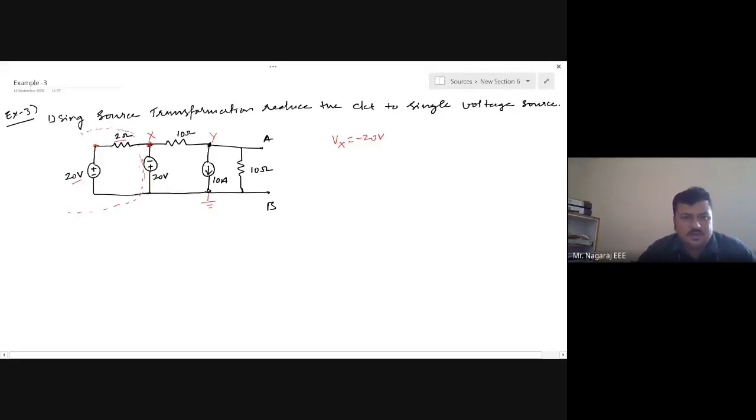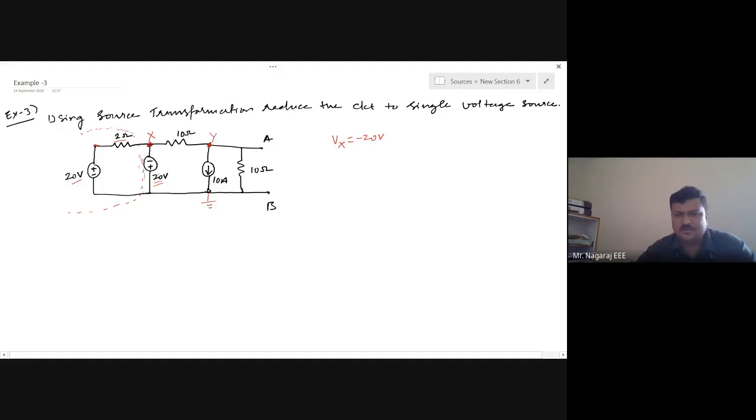Then this node X is again connected to this 20 volt source. Don't worry about the polarity, okay? It will be either plus 20 or minus 20. This node X is directly connected to an independent voltage source again. So whatever is happening in the other parallel branch connected to this node X has got nothing to do with the value of potential at node X. It will be always 20 volts. Magnitude will be 20 volts. Direction let it be. Do you agree? Are you getting the point?